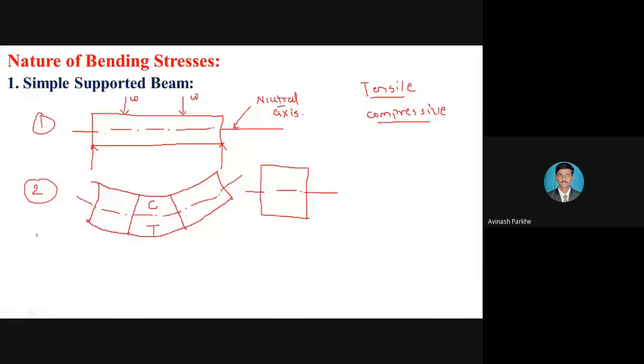So this particular distribution is very, very important. And here, this is the cross section. This is the neutral axis. The upper portion of the neutral axis is subjected to the compression. This is only for the simply supported beam. Please keep in mind. And the bottom portion of the neutral axis is under the tension. And for that, if I have to draw the stress distribution diagram,